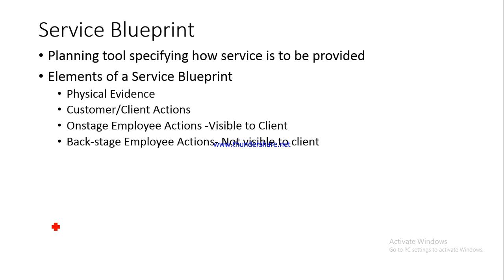But please understand, when he is doing something, somebody might be helping him out in the background. For example, somebody might have provided him the vouchers that you fill up, so that you can fill in the details of how much money you want to withdraw and the account from which you want to withdraw it. Somebody must have given him the vouchers. This person who gave the clerk the vouchers is the backstage employee. He is not visible to you, he is not face to face with you. He might be visible, but he is not interacting with you as such, and the actions performed by him would be backstage employee actions.